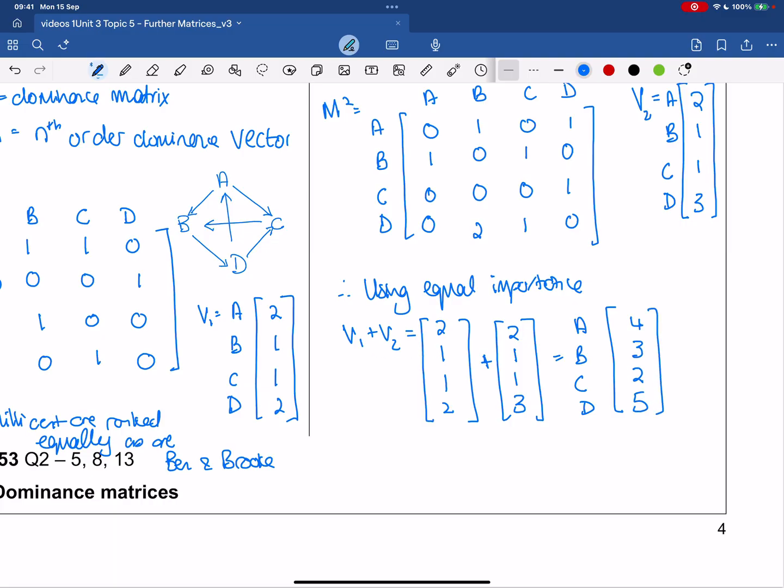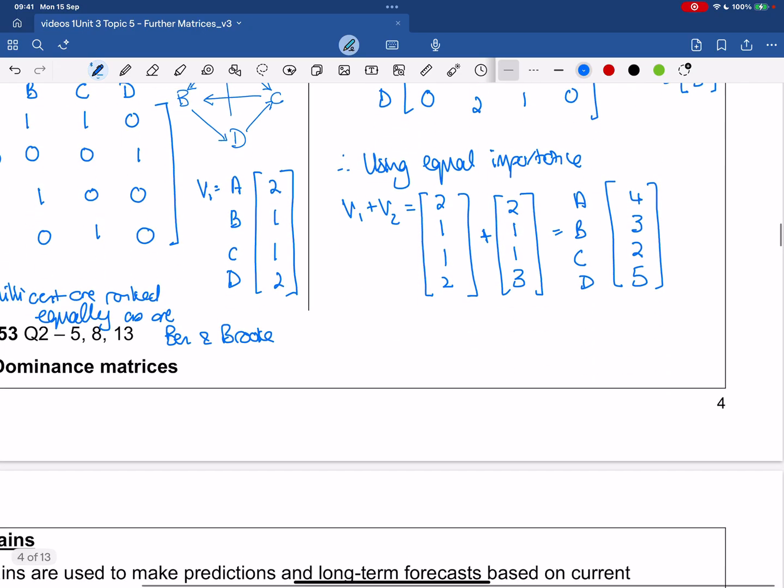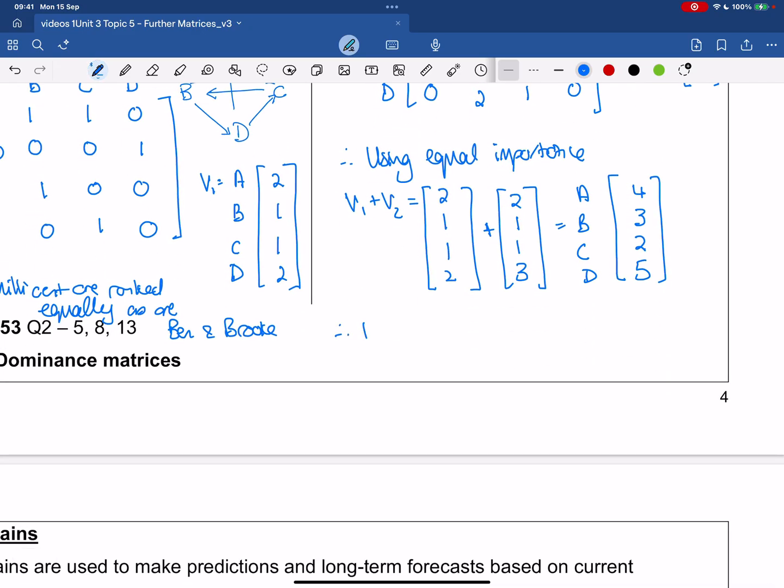All of those numbers are different, so I can rank them. Therefore, my ranking is Millicent. So our highest number is our first rank. Oliver, Ben,